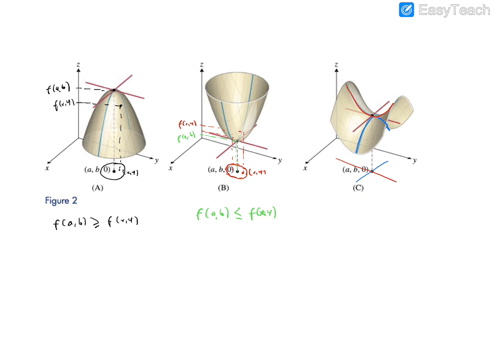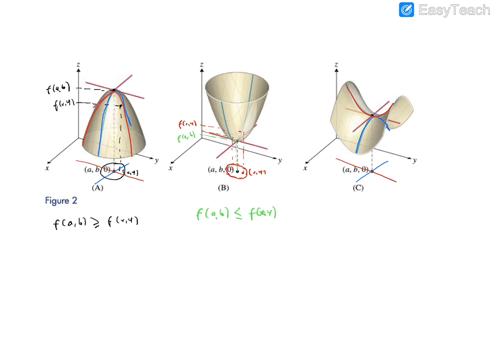Actually, let's turn back to this part. Along this line, we have this curve. It increases, then at that point it stops and starts to decrease. Similarly, along this line, this is our curve. It increases, then starts to decrease. Again it stops at that point, so this is a stationary point. Like the one variable case, the blue curve represents the change in x, so the partial derivative of f with respect to x.